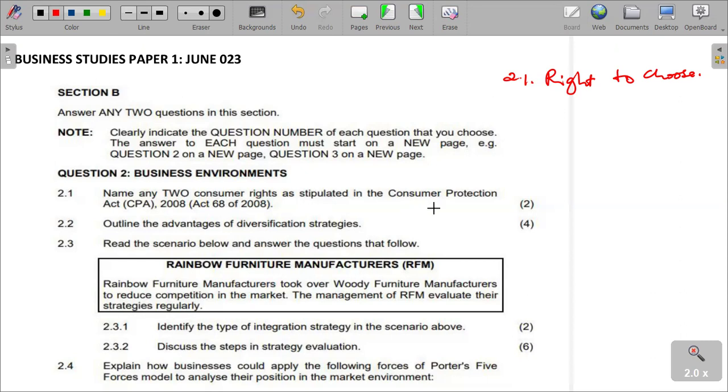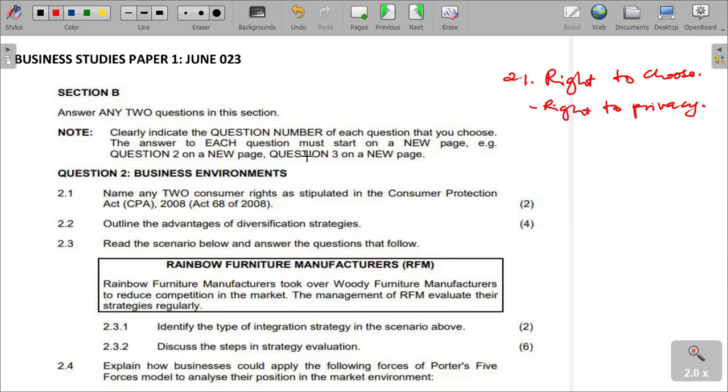Right to privacy. I'm sure that you know, as we look into our business operations and consumer corporate business environment, you understand very well that consumers have their right to privacy, which can be their information, what they are buying, or their personal information. So we're saying the consumers have the right to privacy.